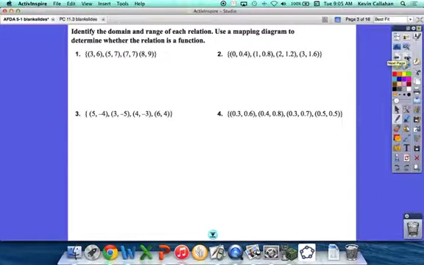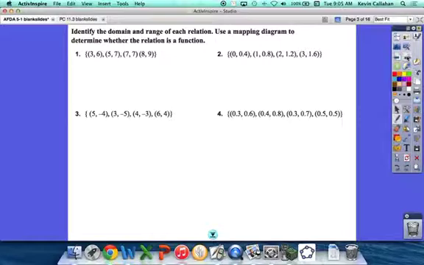Okay, these are identify domain and range, and then say whether it's a function. It says actually to make a mapping diagram, but if you can just say that one part, mapping diagrams really don't come into play very often with most of this stuff. How do you know what the domain and the range is? For example, on the number 1,